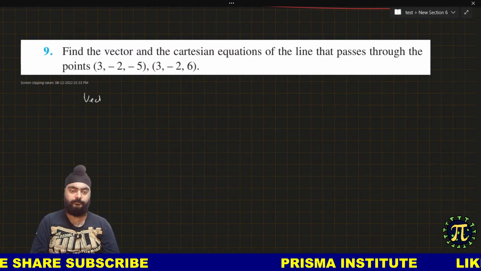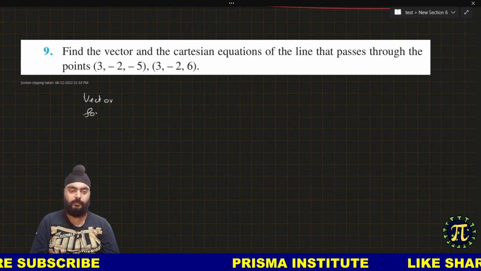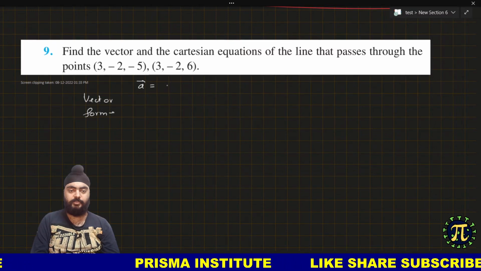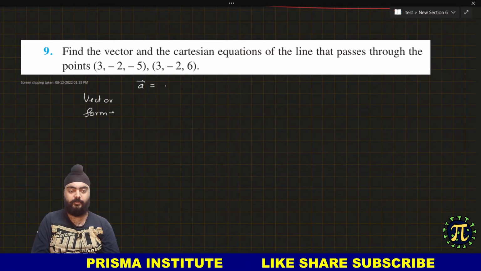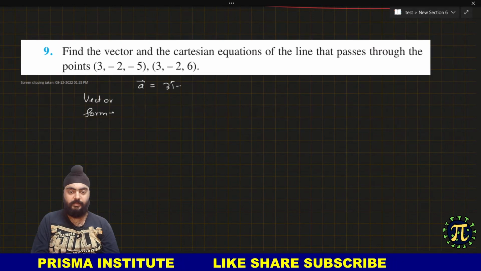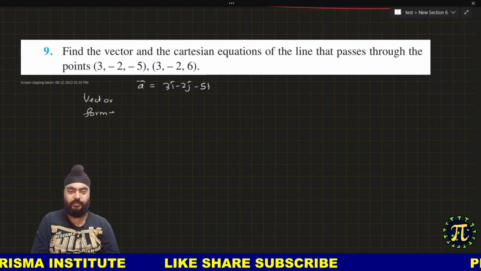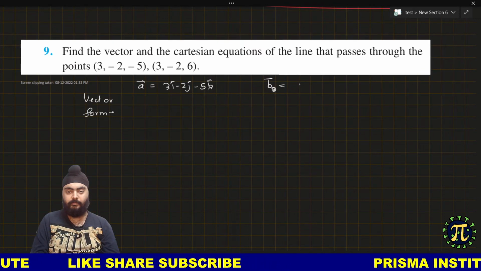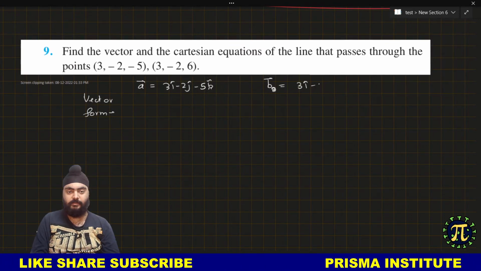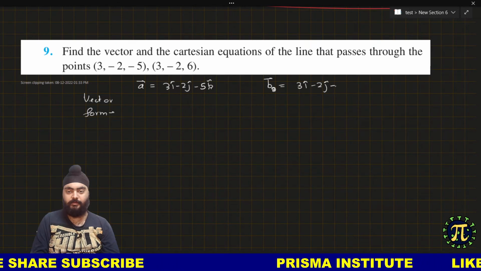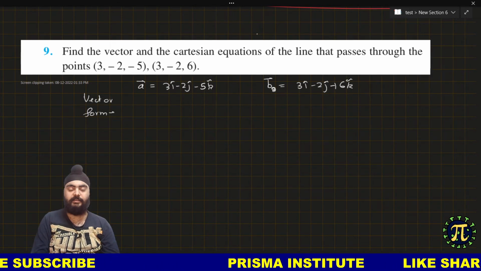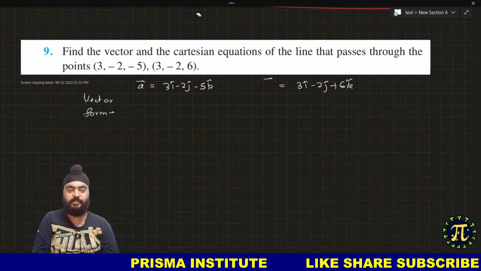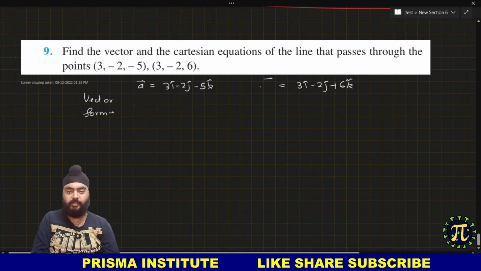So vector form के लिए I need a vector which is the position vector of point 1. क्या है वो? 3i minus 2j minus 5k, position vector of point 1. b vector which is 3i minus 2j and 6k. So b vector से confusion होता है कि b vector direction तो नहीं है, but this is the position vector of the